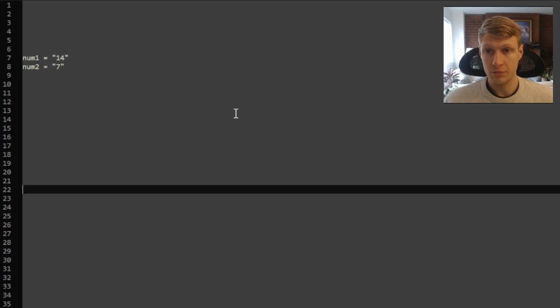Let's go through an example. For this example, our input num1 is 14 and our input num2 is 7. So for our solution, we're going to go character by character in our string, starting from the right side of